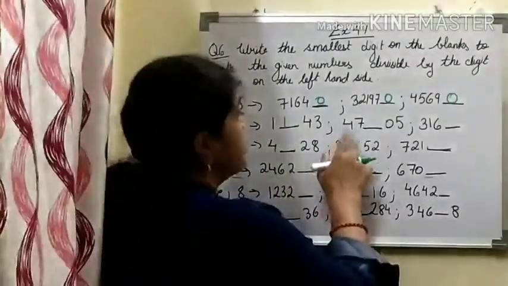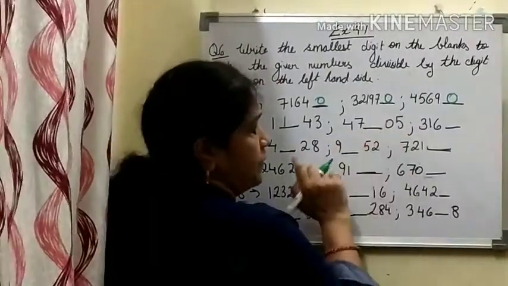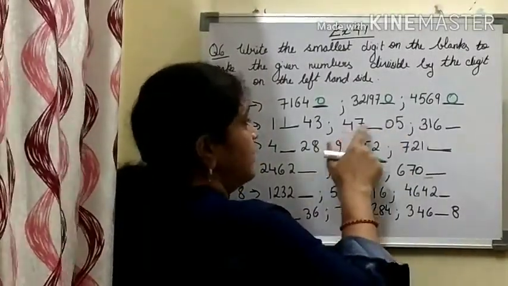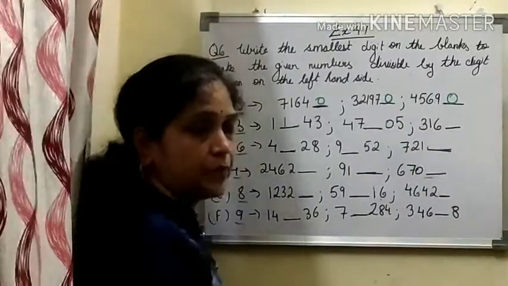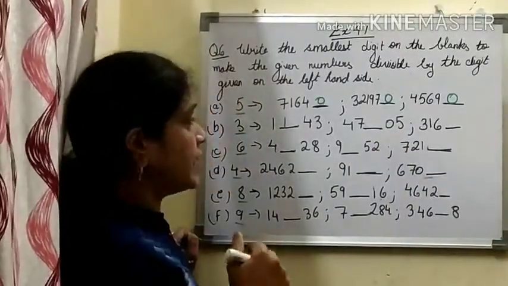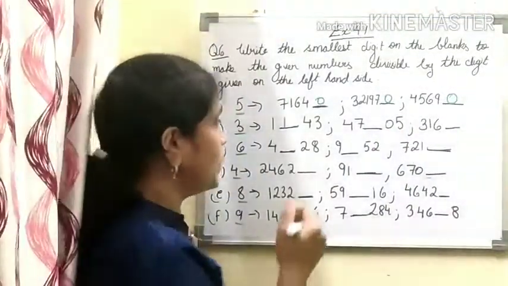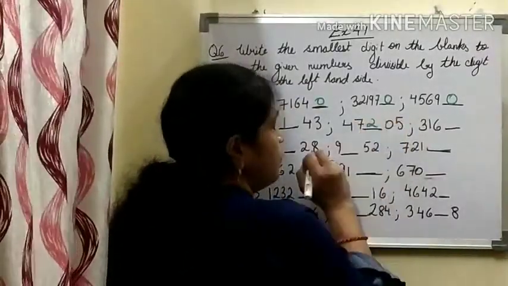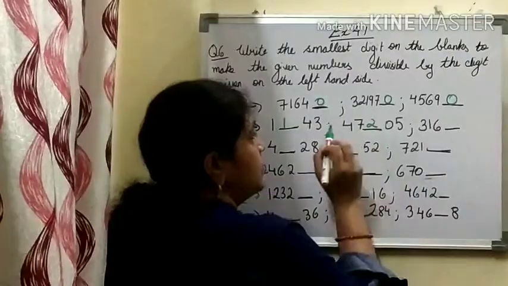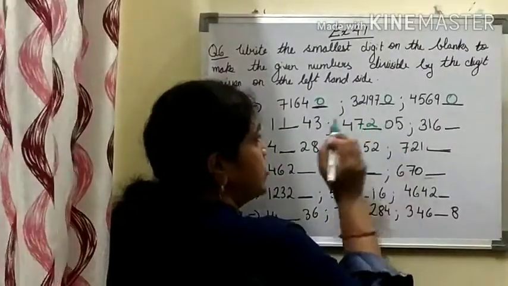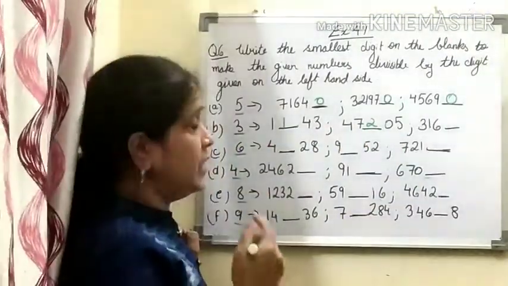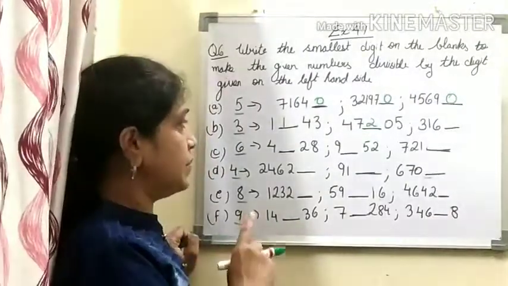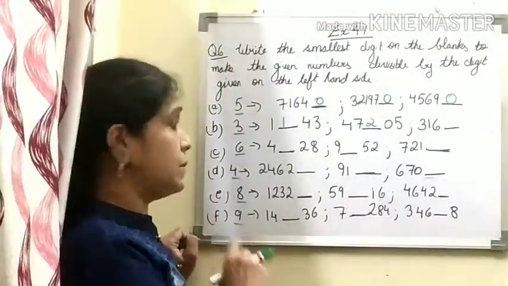Then 9 is a multiple of 3, so it will be divisible by 3. Now 4 7 dash 0 5. Find the sum of the digits. 7 plus 4 is 11, 11 plus 5 is 16. Now 16 we can make 18 by adding 2 to it, the smallest number to be added. So if I put 2 here, then what happens to the sum of the digits? 7 plus 4 is 11, 11 plus 2 is 13, 13 plus 5 is 18. 18 is a multiple of 3 and that number becomes divisible by 3.